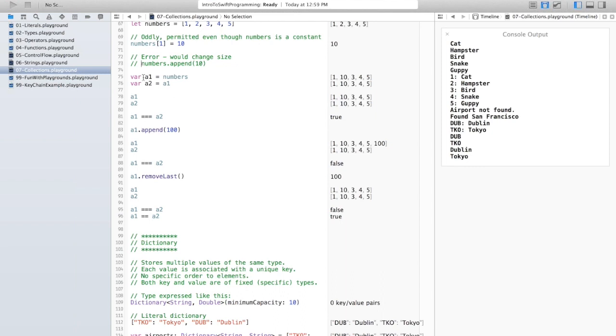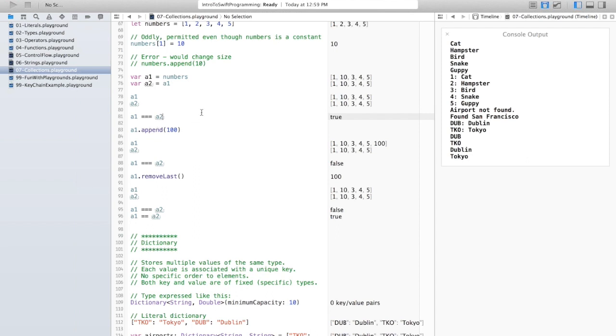Okay, so now we're gonna play another game with the arrays. So we're gonna create an array. This time we're gonna create a variable called A1, and it's gonna contain the contents of our original array. Now we're going to create another variable called A2, which also points at A1. So you can see they both have the same values in them right now. We print them out here, just to make sure we're all on the same page. There is an equivalency operation, which is 3 equal signs, which asks, are these two objects pointing at the same thing? And right now, A1 and A2 are equivalent,